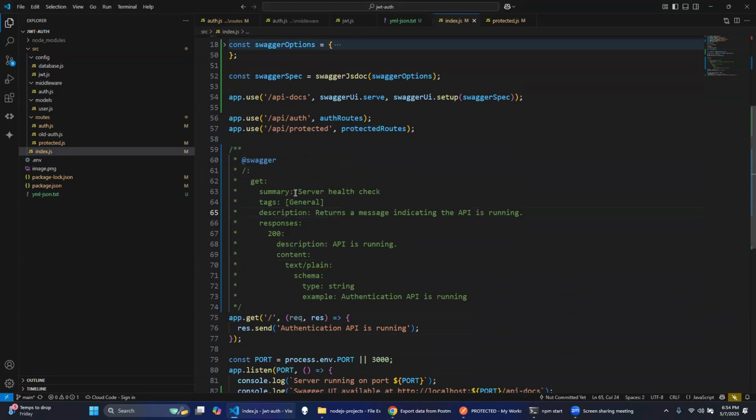It says it's a get call, it's a server health check, what's the API call, and returns a message indicating API is running. So here you are doing two good practices. You are commenting your code for anybody in the future or yourself in the future to refer back to the code and understand what is going on. And two, you are creating a living document right inside your project, and you are able to then use this document using Swagger to test your APIs just like you would do in Postman. So we will see this